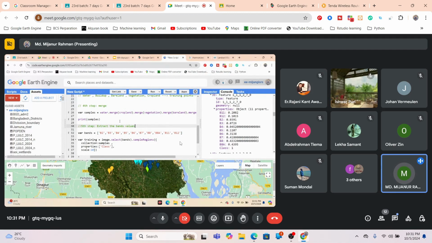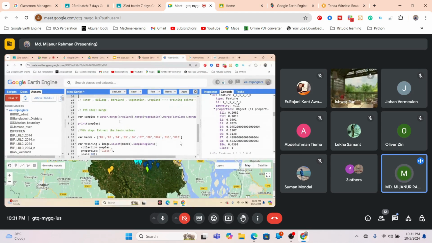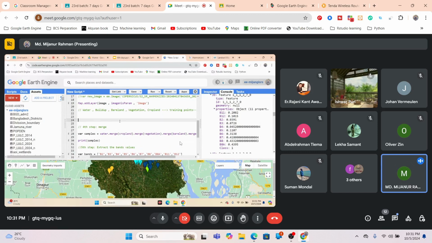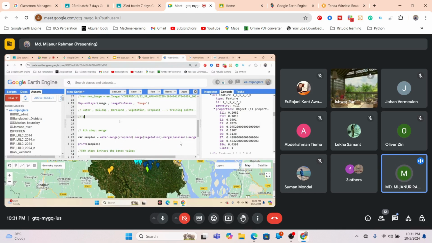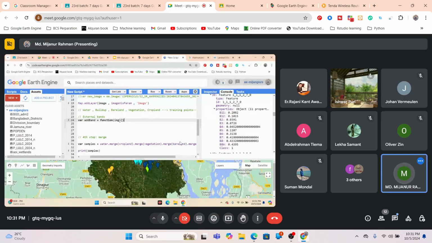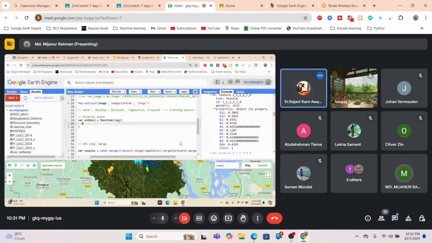For adding the external band, we are just applying the same process. We are just creating a function. Okay, so I just add the external bands. For doing this, just take a variable, suppose addBand, and then just make a function. Put the element name, suppose image, and then take a variable, suppose NDVI, I call the image and normalized difference between